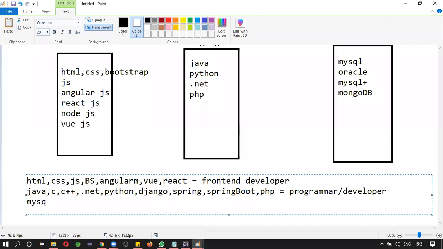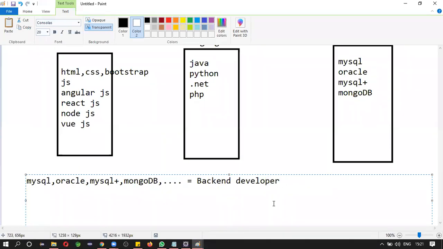Next, MySQL, MySQL Plus, and so on. Okay, if you know all these things, it can be treated as backend developer. Okay, if you know all these things, you can be treated as full stack developer.